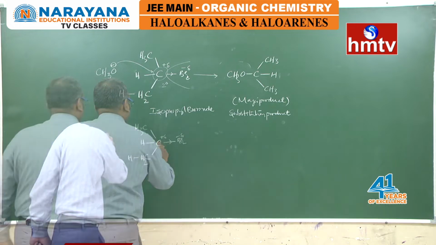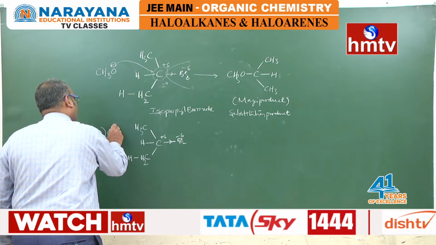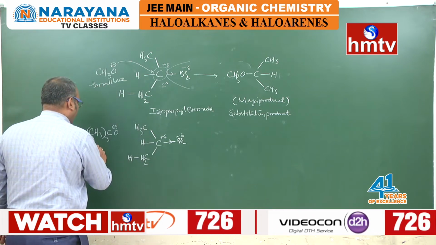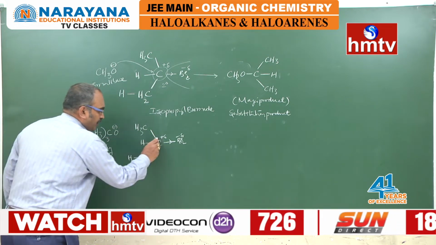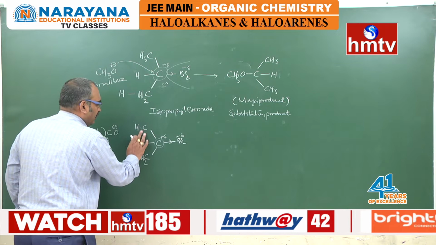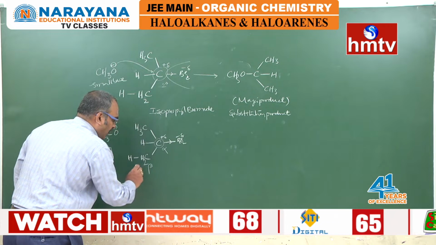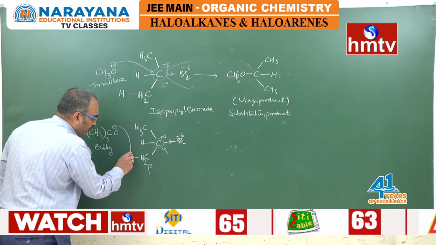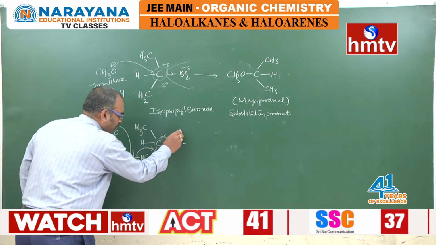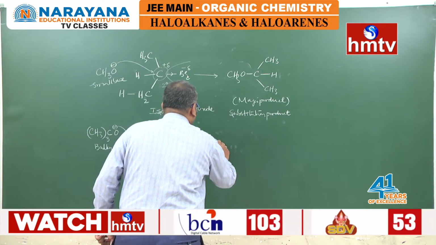If you take the same substrate, isopropyl bromide, and a bulky base is used like tertiary butoxide ion, it is a bulky base in comparison with this one. This is a small base, this is a bulky base. Now being bulkier, it cannot approach the hindered carbon atom; rather it prefers to abstract the hydrogen, H plus, from the beta carbon. Then this sigma bond converts into pi bond, Br minus goes out. Now elimination is taking place.